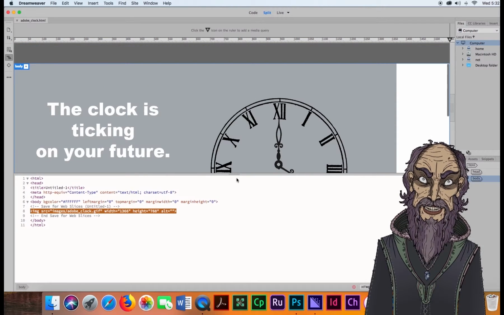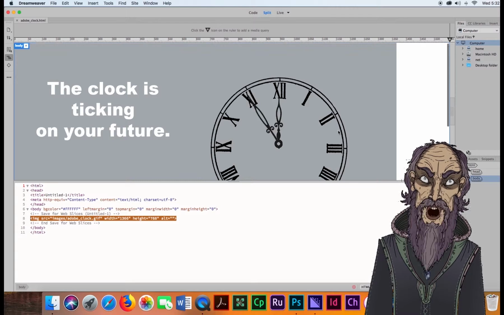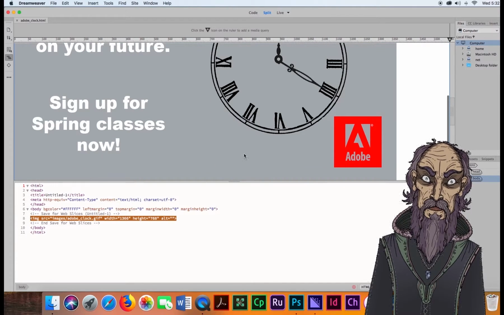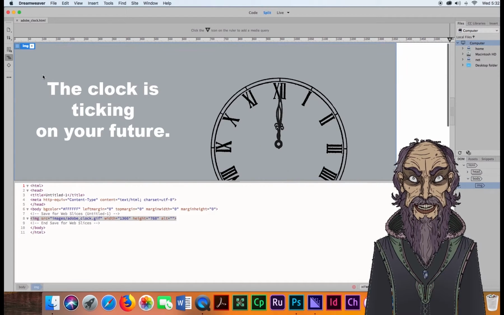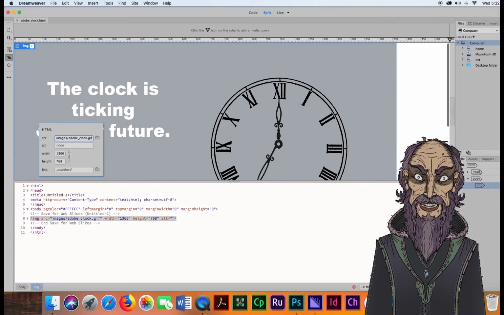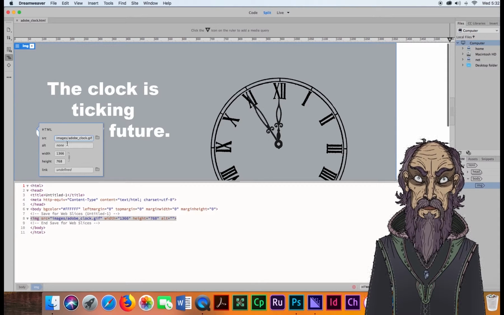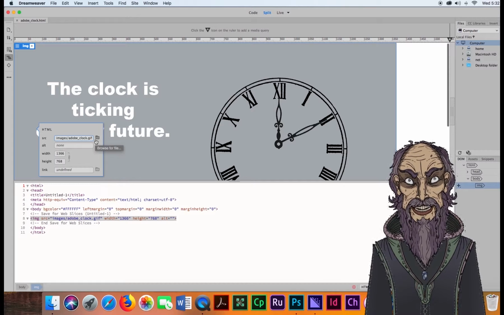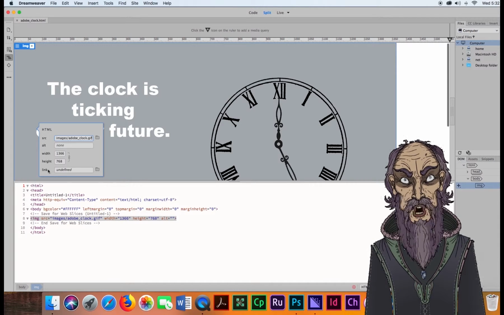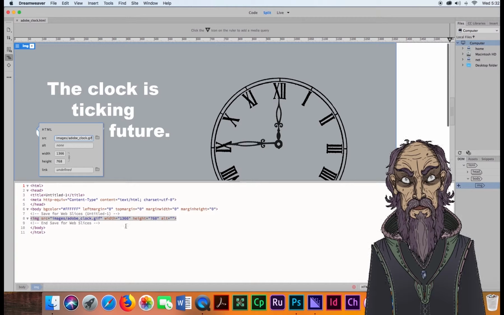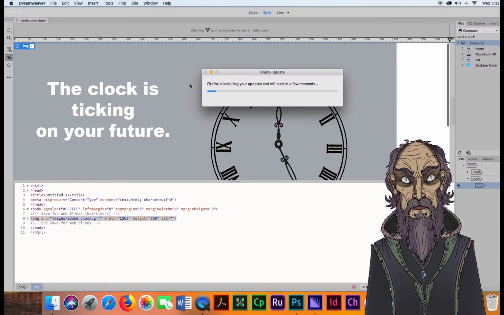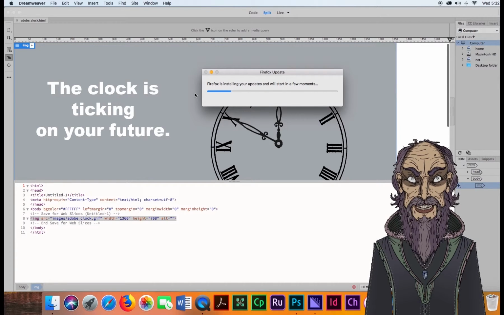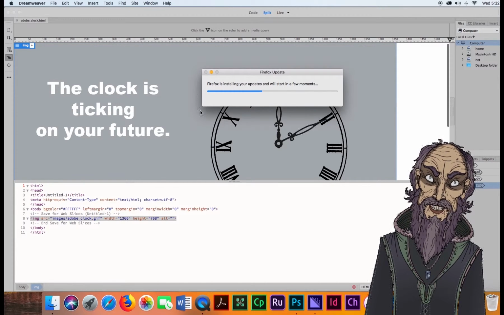Dreamweaver's screen is split. Top is the visual and the bottom is the coding. It's not really important for this purpose. All we're going to do here is click on the image. That's basically what we're going to do to add the URL there as a link. So once I click on the image, I get this small box where I add the URL, in which case I haven't copied and pasted it yet